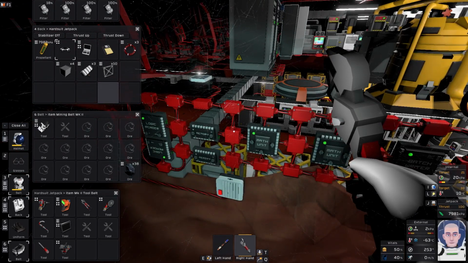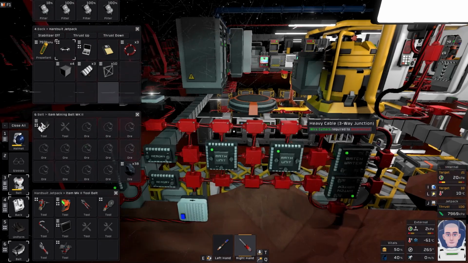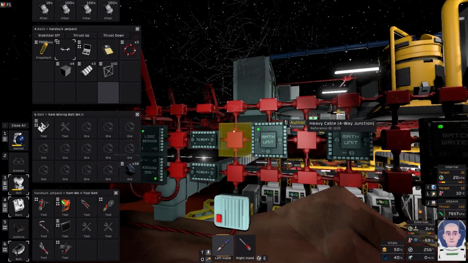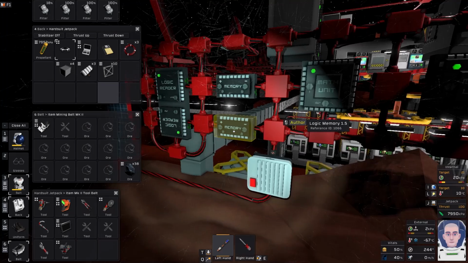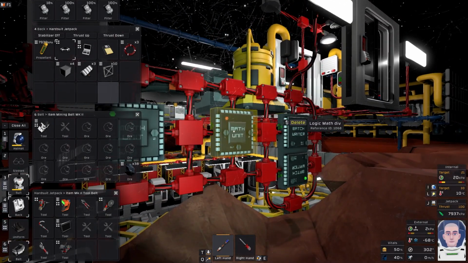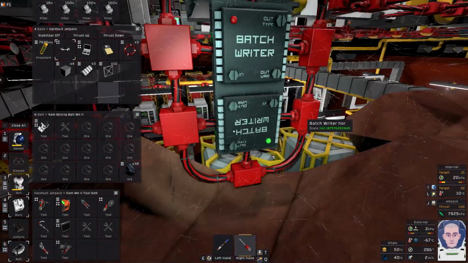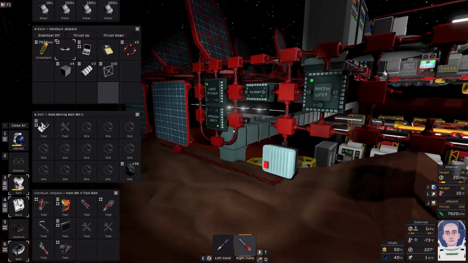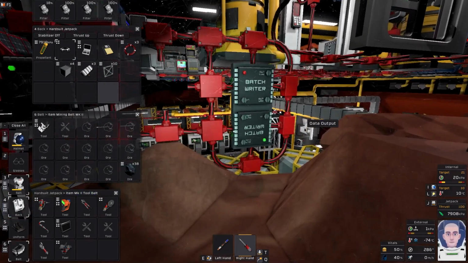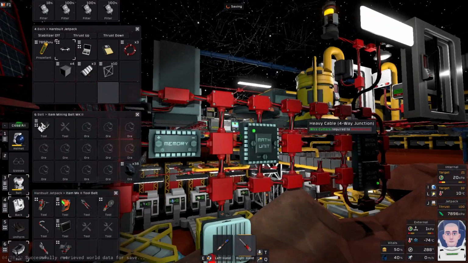I think I know how to change it. I'm not 100% sure, but let's see if this works. Alright, since we're in creative, we can do this easily. What we need to do is get rid of one memory and get rid of one math unit. Let's also shut this off. Alright, so the horizontal is exactly the same thing, your logic reader to your batch writer, but with the vertical, if you want to set up a dual axis,